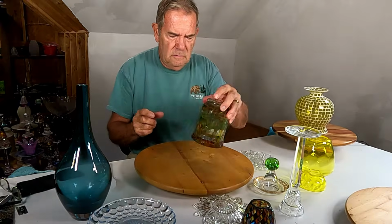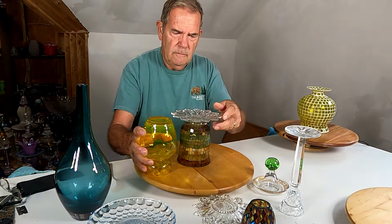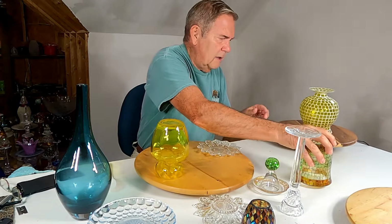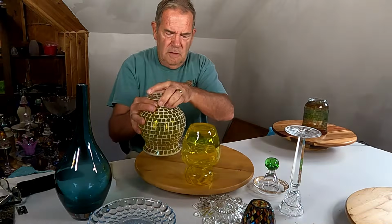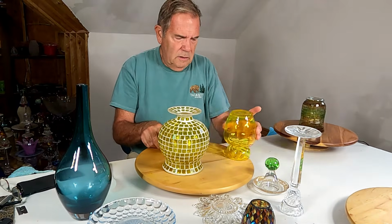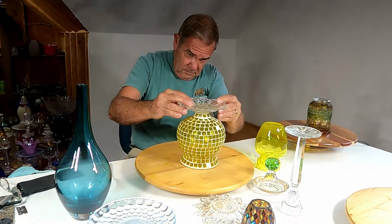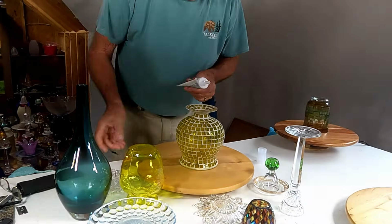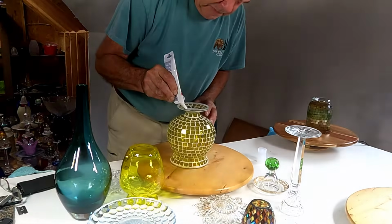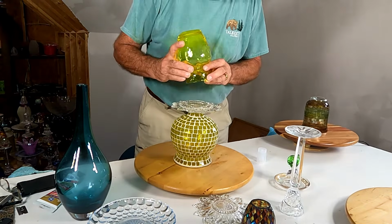Another piece I was talking about was this combination, which I was going to be very happy with, but I looked a little closer in my inventory and found that I had this piece, which was definitely yellow. So I think we're gonna go with sunshine here today and put this piece up. Okay, then if we're going to go with this,